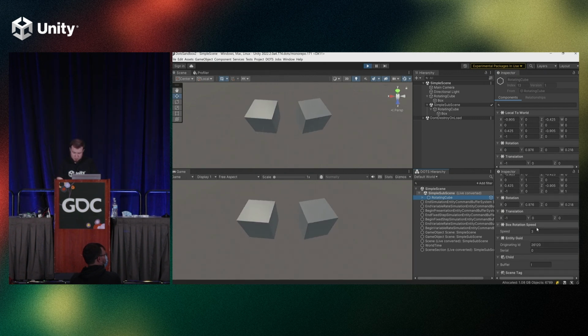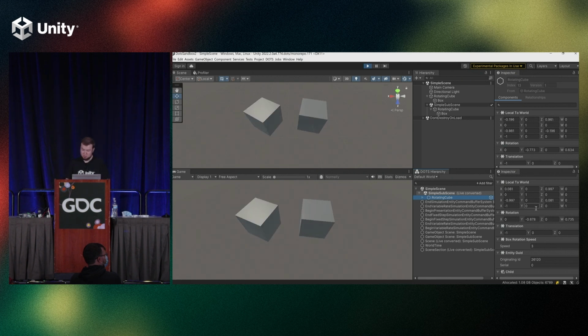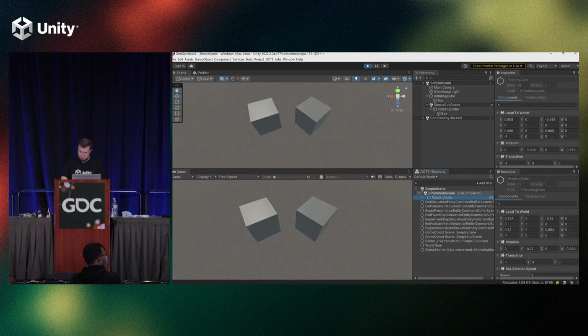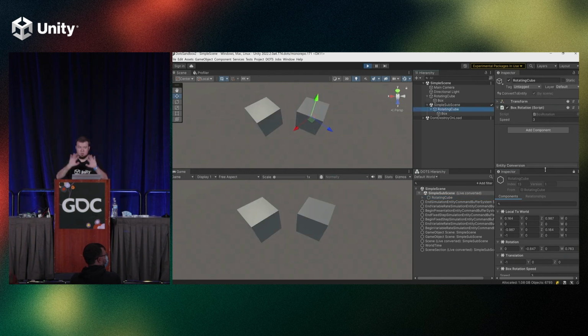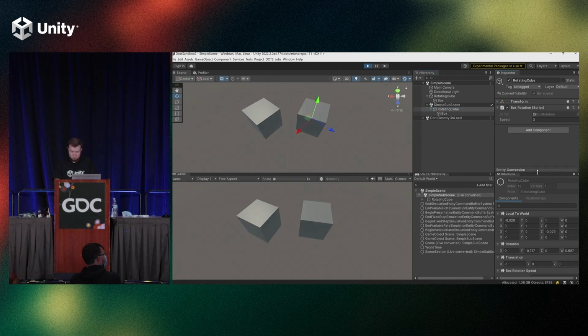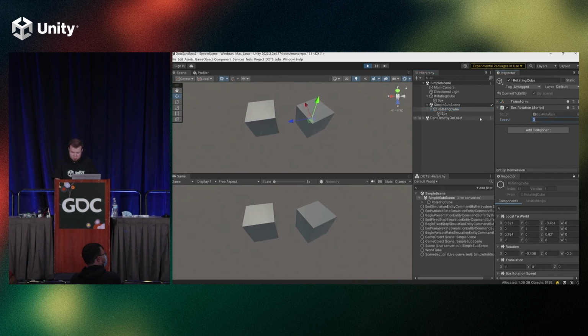You can see all of the components here and all the values being changed by the system. So if we just lock this, go back up here, select the game object. Now our picture is more complete. So again, the top is authoring: scene view, game object hierarchy, game object inspector. And at the bottom, we have the game view, entity hierarchy, entity inspector. With this setup, I can also show you that conversion in action. So if I increase the speed on the game object in the subscene, I'm changing the game object here, not